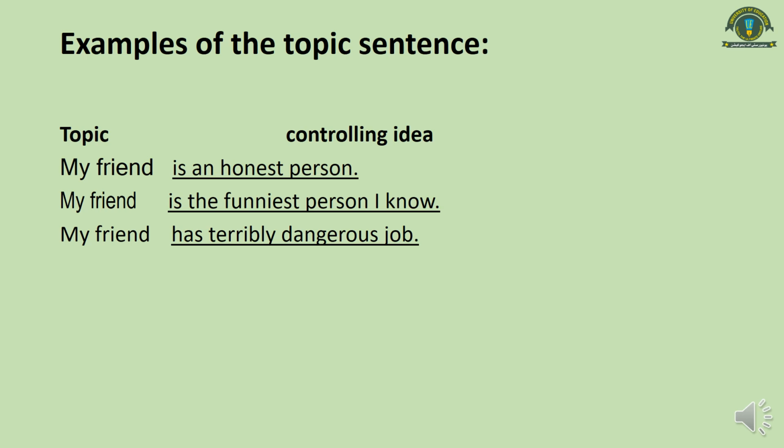For example, hilly areas is a topic, and the controlling idea is like hilly areas are dangerous. Hilly areas and the landsliding in them. Hilly areas and the cold in those areas. So these are the controlling ideas that we can use along with the topic sentences. So if we are writing about the topic, and the topic is my friend, then we need to divide the paragraph into certain different sentences, and those sentences would have some controlling ideas. So that's how we work on the topic sentence, and that controls the thought of the whole paragraph.